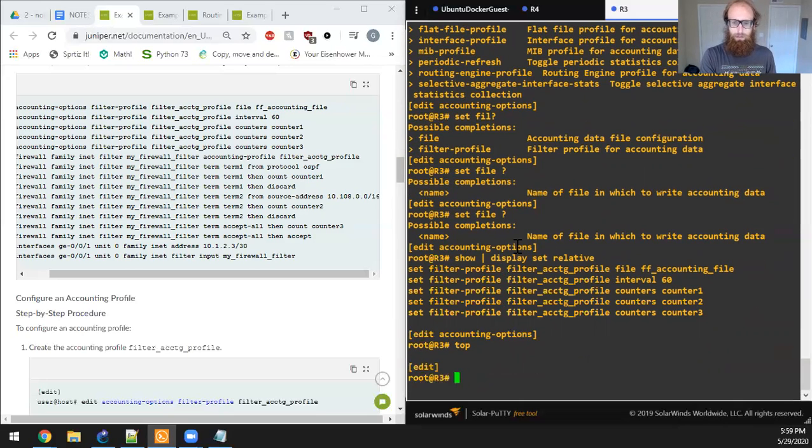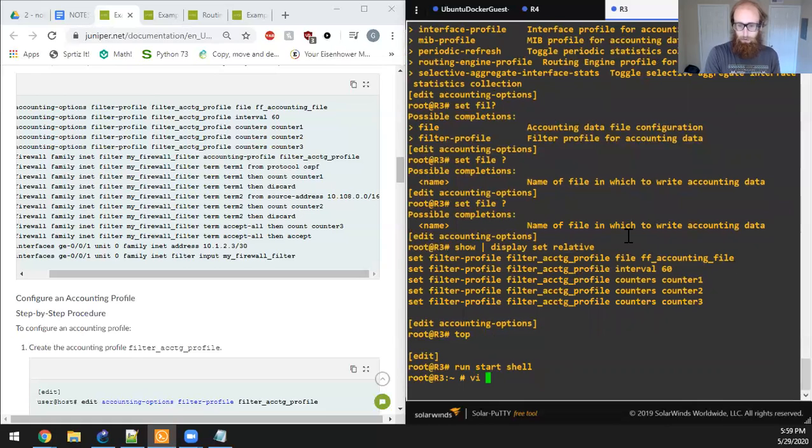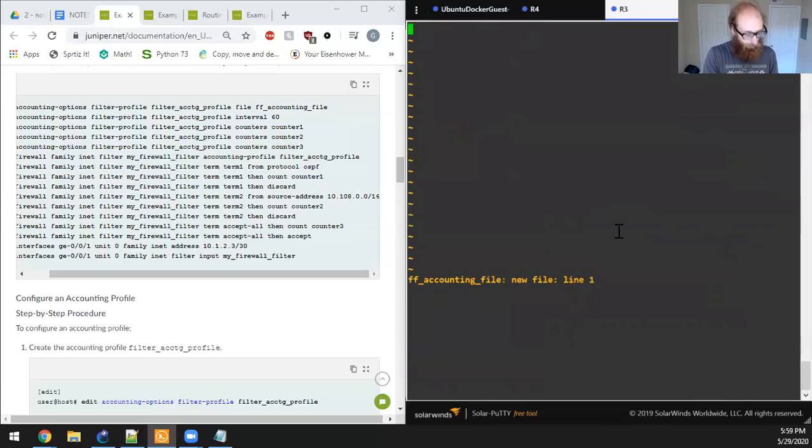What if I do a run start shell, and then copy the name of this file. There we go, and then do vi for this file name. There we go, and then a :wq. So now we have that file, but it's got no lines or characters. It's just, so if I do a, oh, it took me out of,